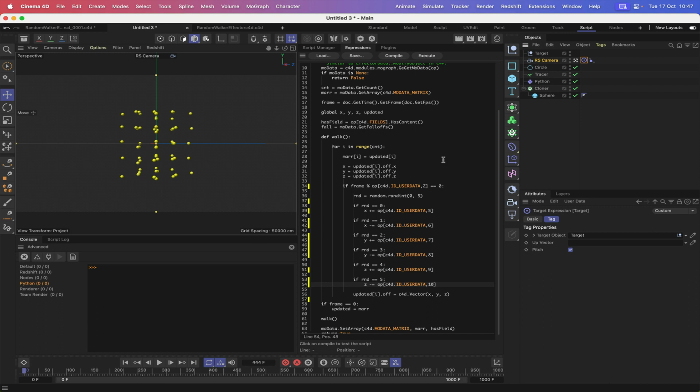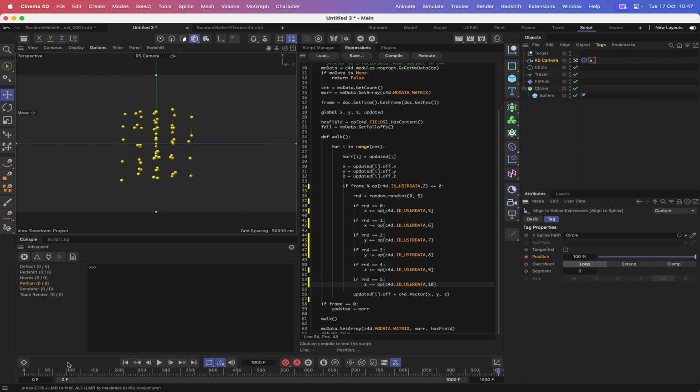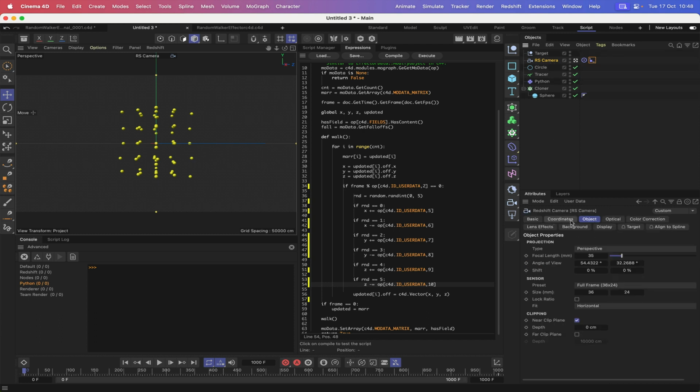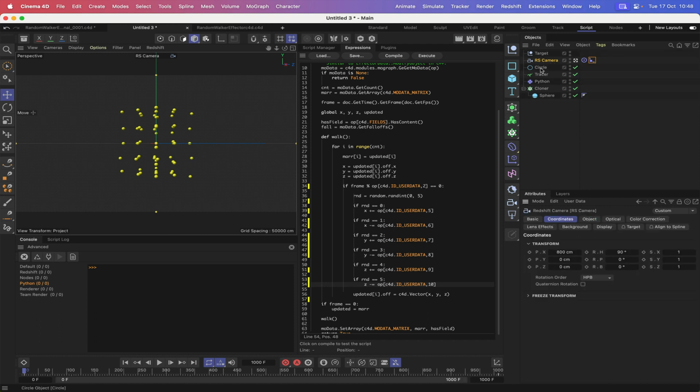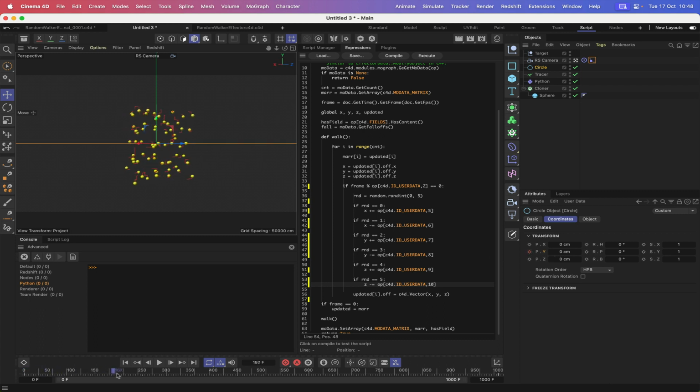What we'll do is, with our align to spline, record the position at frame 0 and then skip through to the end, make this 100% and record again. So that's now set up and working correctly. And then we just need to do some more work. What we'll do, we'll record, where are we? Our camera's coordinates. In fact, our circle, I beg your pardon, we need to work with our circle. So our circle's coordinates, we can record the position Y. That's what we're really interested in. So it's just this. So we'll record that at 0, skip through to